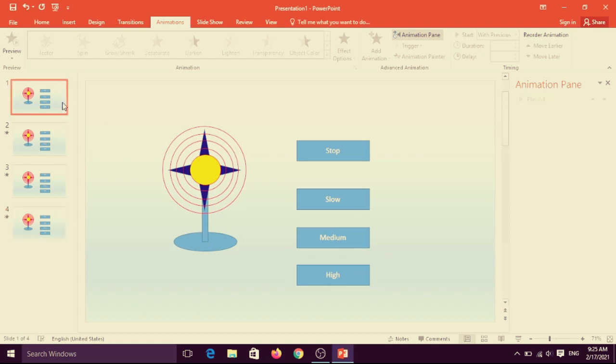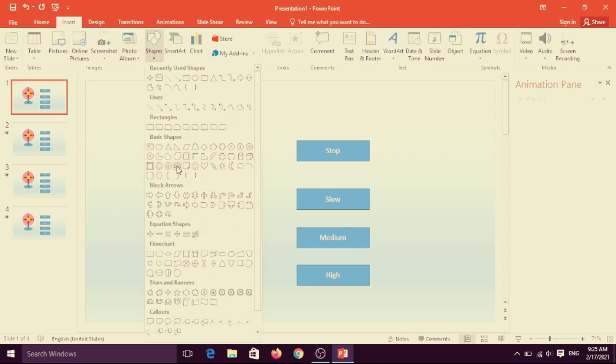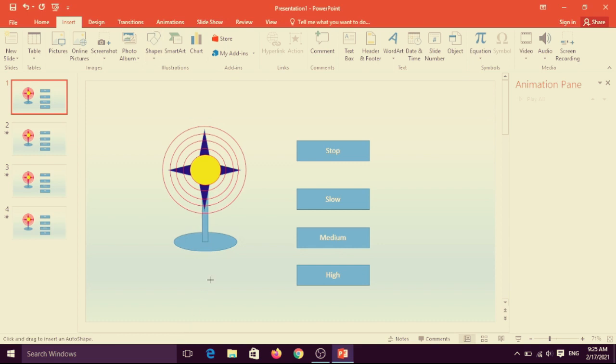Before that it is your start button. Click on insert and choose the shapes in illustration group, and there is a button, and choose home for here. See, the home button is here, click on that and drag it.